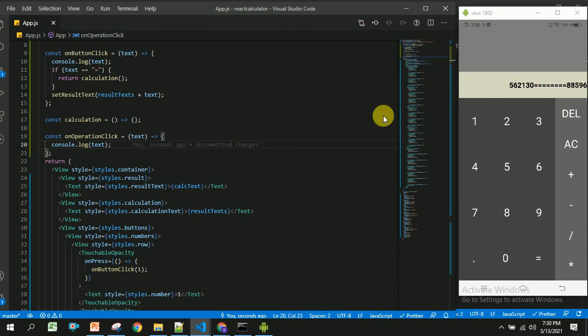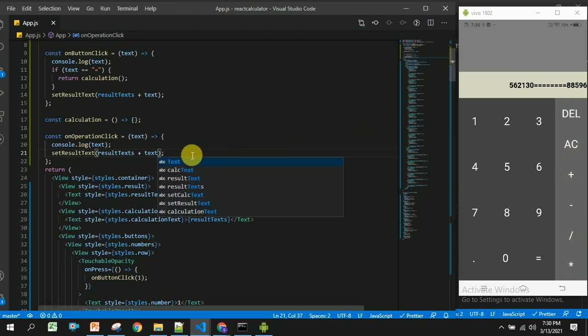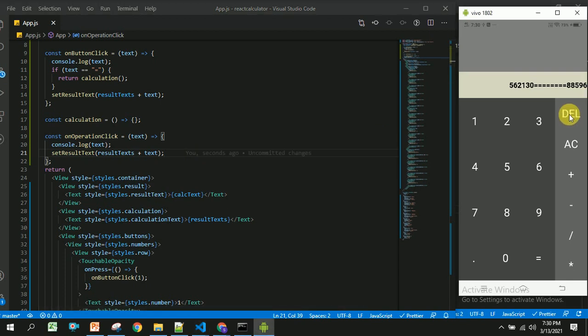So now I am going to set result text of this result text plus text. So you should be able to see these operation symbols as well here. Now so it's getting refreshed.